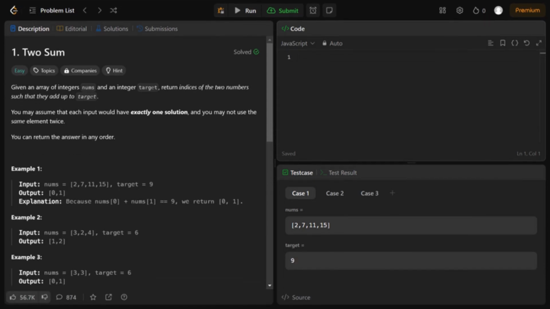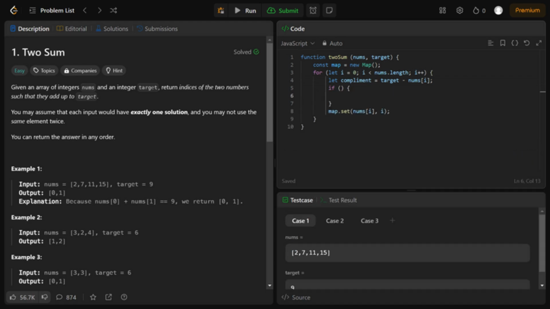Now we are going to write the solution for this. Define the function twoSum, create a map called map, write a for loop to iterate through the array, and use the set method to add values to the map. Now let's create a variable called complement, which will store the value that if added to the current element gives us target. Now let's write an if statement to check if the complement of the current array element is present in the map, and if it is, then bingo, we got our answer and we are going to return the indices of the elements. We use the has method to check the existence of a key in a map.